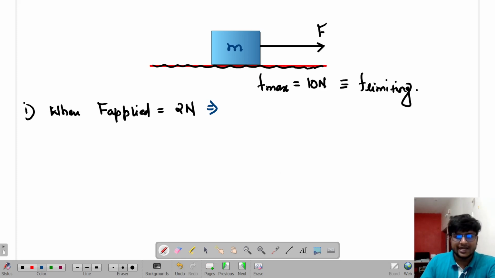Because see, idea is that let's suppose I apply 2 Newton force. The body has an eligibility to oppose this 2 Newton because always the body's condition is that it will oppose the motion. So it can easily apply 2 Newton or not. Why? Because it's there. Like it's, let's suppose